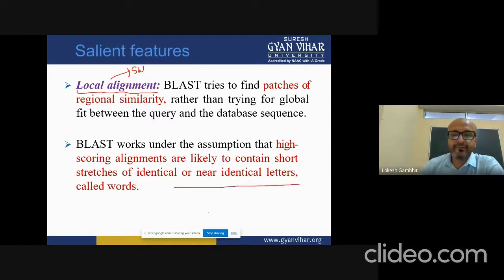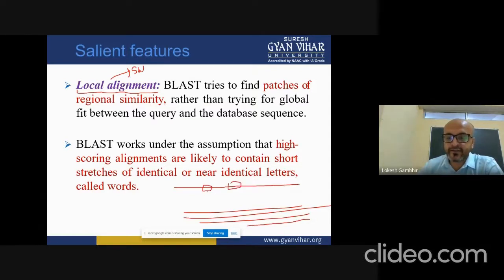I have a query and I have plenty of sequences in the databases. Its first job is to identify the similar local regions. It fixes certain local regions and first tries to find the similarity of these regions among the pool of database sequences.